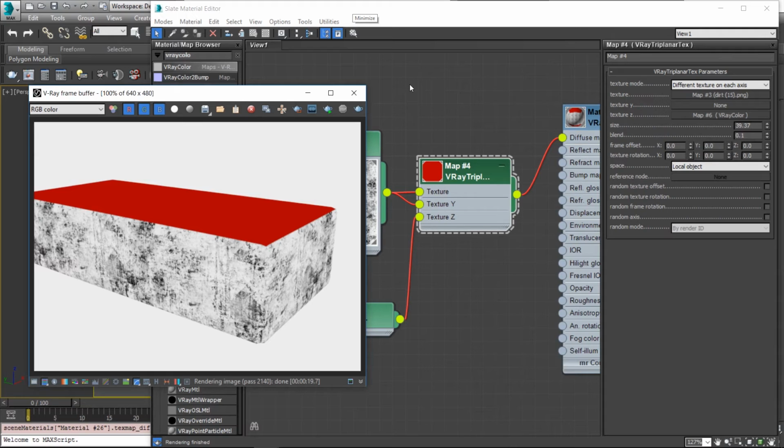This is especially handy when you're working with a model that you're trying to fix and it's already been collapsed, or if you have a specific UV set for a specific object and it's just not working for the specific map that you need to apply to it for, say, bump or